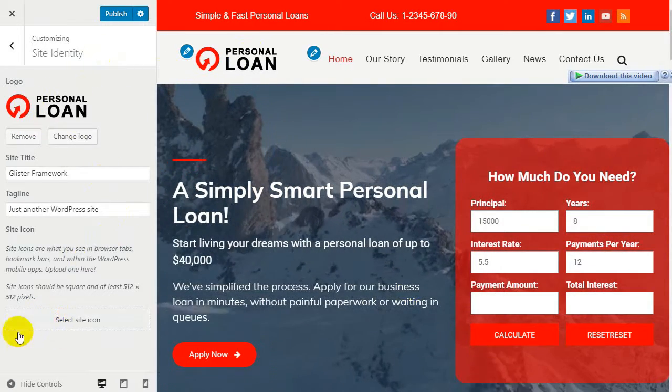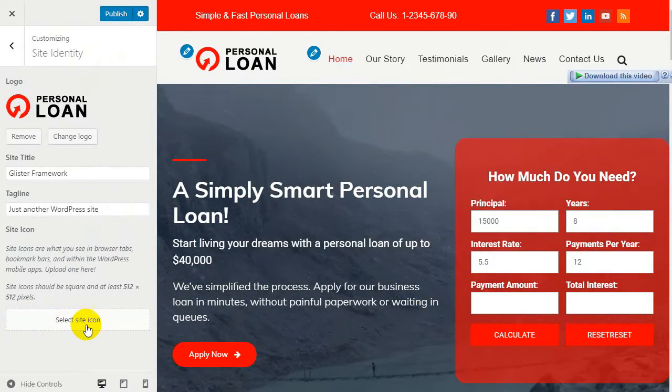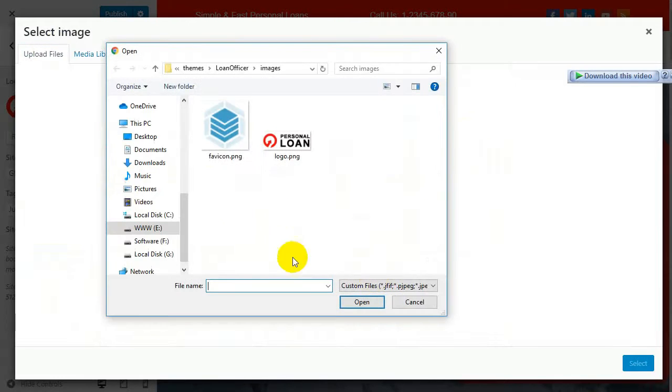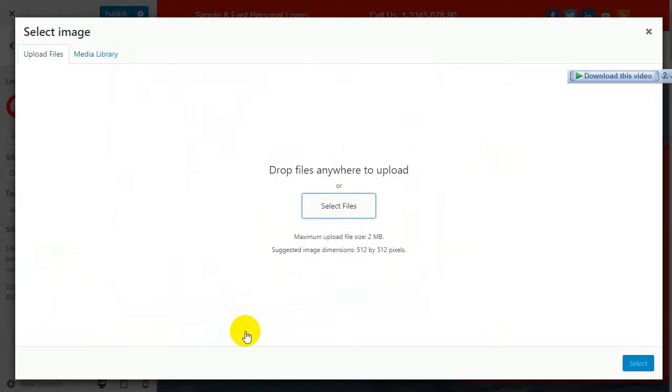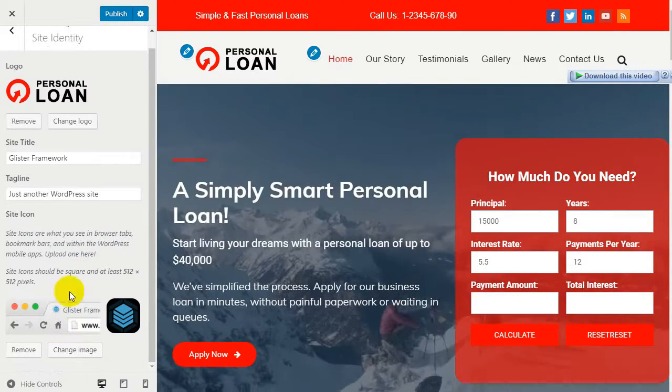And the same way you can upload your site icon. So select site icon here, then click upload file, then select, then Favicon and open and then select. And the same as before, I'm not resizing the image, so I will click here skip cropping and it is